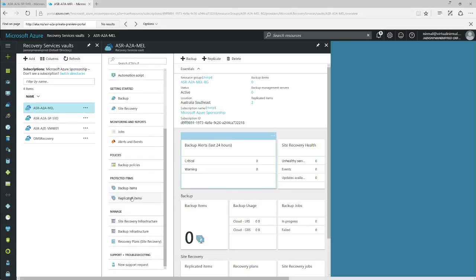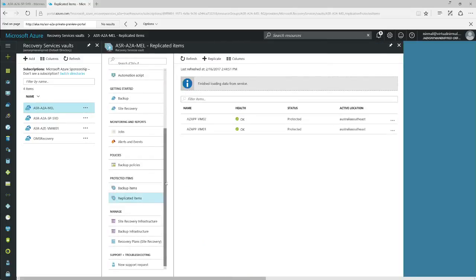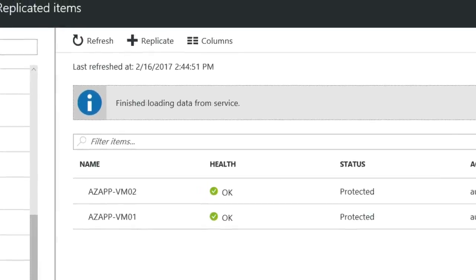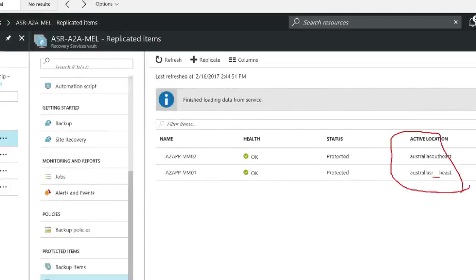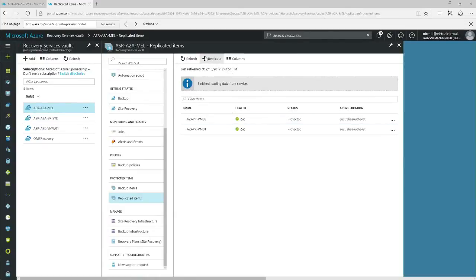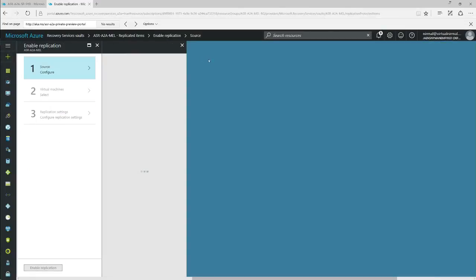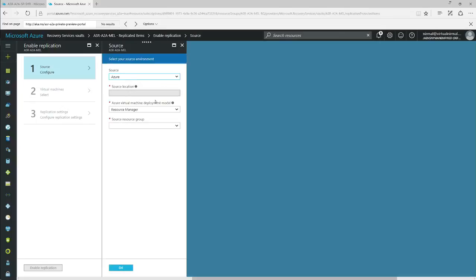And then if I go into replicated items, what you'd notice is that I have 2 virtual machines protected. And the difference is that the current active location is Australia East, which means these virtual machines are running in the Sydney data center, in the Melbourne data center. And also, if I want to add a few other virtual machines, I can just, similar to what I did